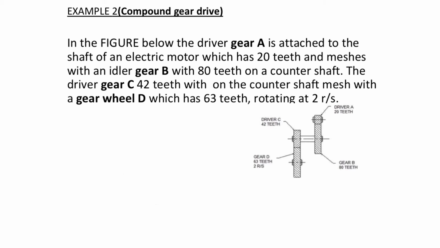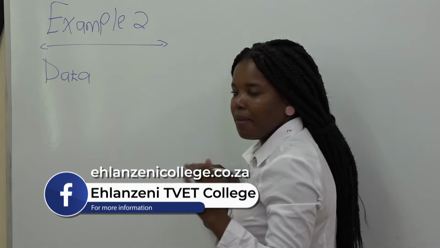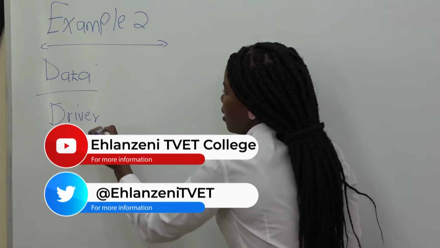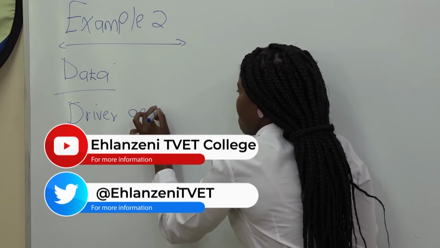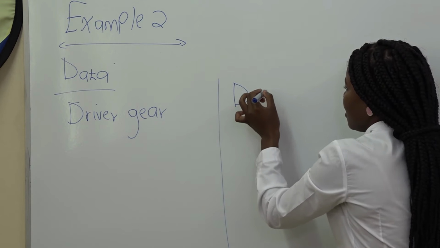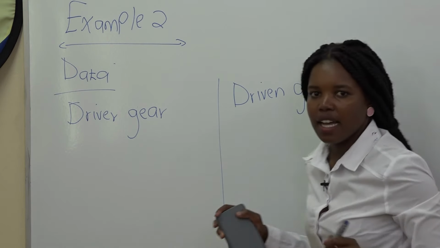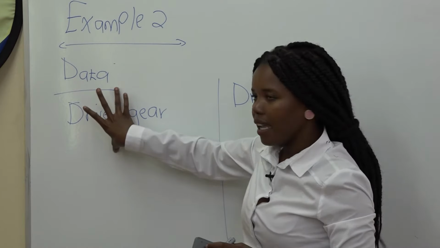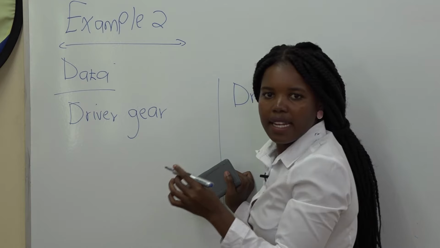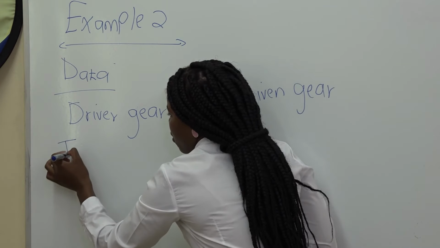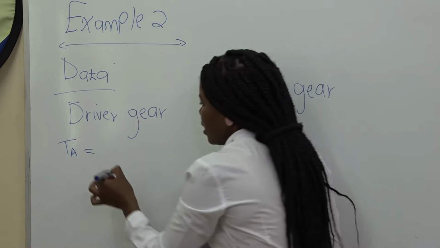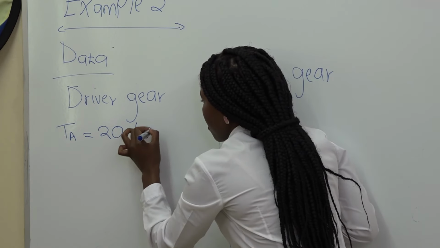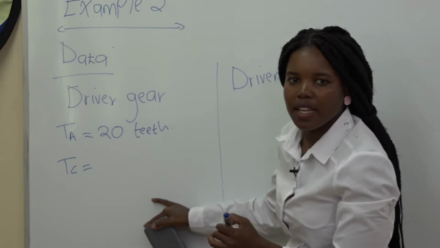So now, our data here. Remember there are 4 gears that are in mesh. So we'll say our data here, we have the driver gear, and we also have the driven gear. From our statement, they say that gear A is attached to the shaft. If a gear is attached to the shaft, we say it's a driver gear. And TA, as you can also see from the diagram, is 20 teeth. And gear C is also a driver gear, so TC is also a driver gear with 42